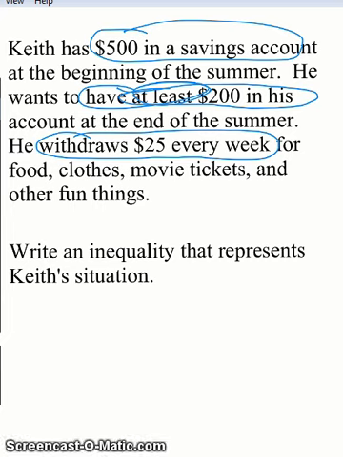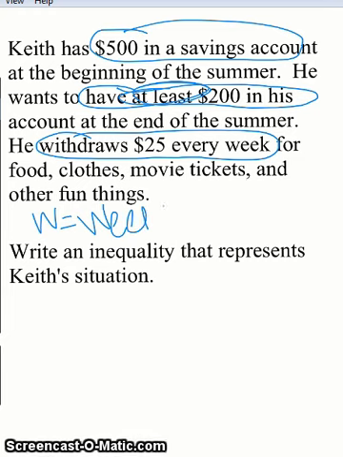Next, we need to identify and define our variable. So what is it that we don't know in this situation? Well, he's going to withdraw $25 every week, but for how many weeks? I don't know. If you don't know, you need to use a variable. And you pick your variable or define your variable, and maybe we'll say W is going to equal the number